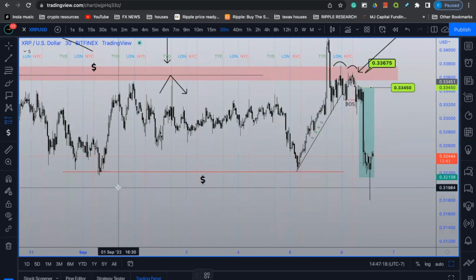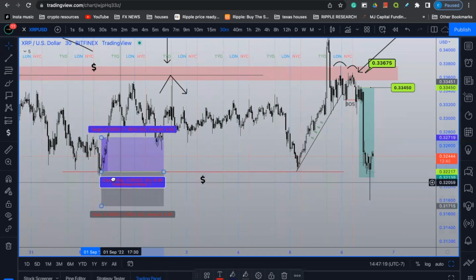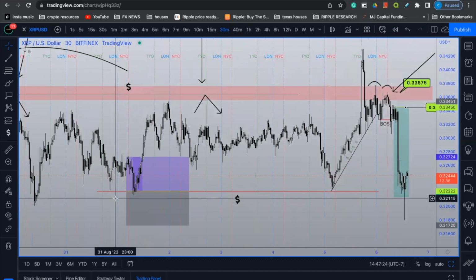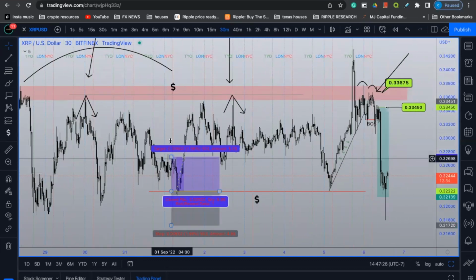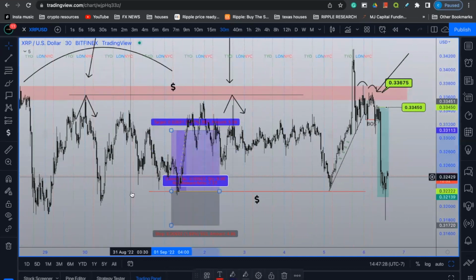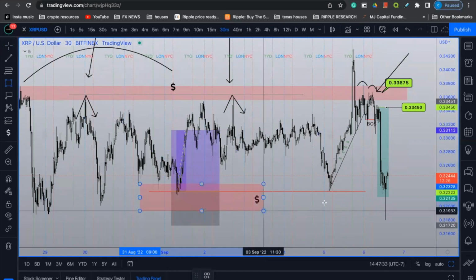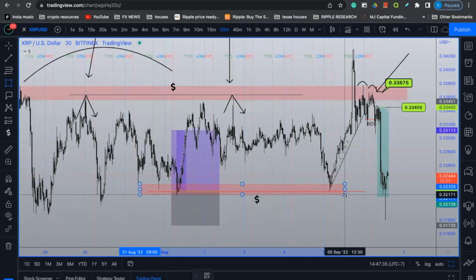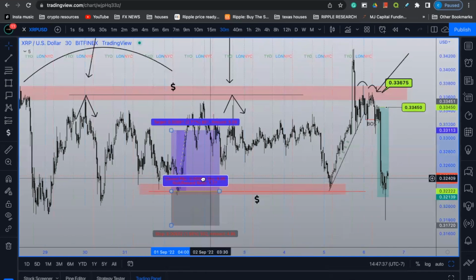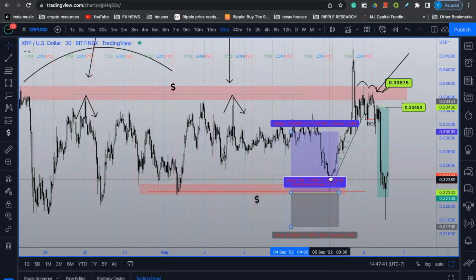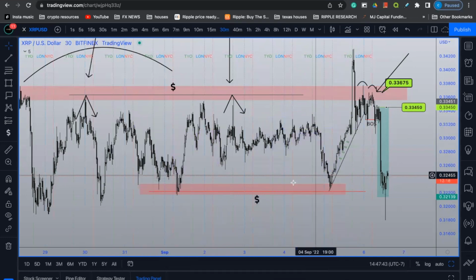Another confluence was that we had logical target areas in the form of retail supportive methodology traders taking over leveraged positions beneath these equal lows, drawing some type of imaginary retail supportive region beneath these lows. You guys can imagine that people that try to learn some type of support methodology in this market were trading with leverage when the market came down and created this double bottom formation. So that gave us a sound and logical take profit area.